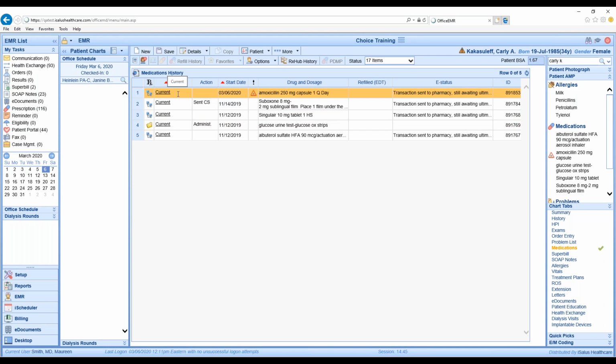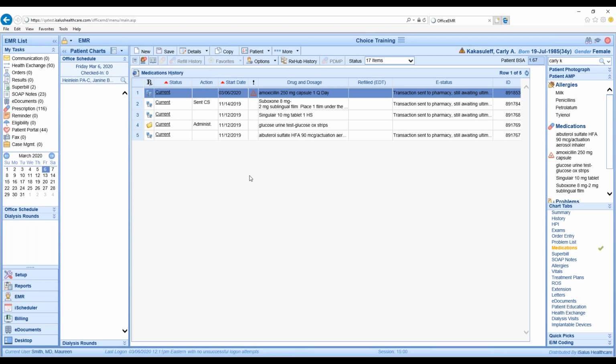So the status of this prescription is current. If we choose to change this, for example, if we wanted to maybe mark it as discontinued or ineffective or allergic reaction, you can change any of these statuses. They do not do anything outside of the system. They will just prioritize or change the way that they are listed in the medication list for better